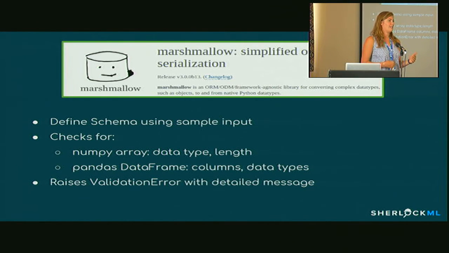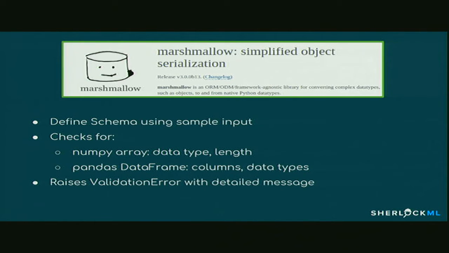So at the moment it's implemented for NumPy arrays and pandas data frames. For arrays it'll check if the array is the right length that you require and the right data type, and for data frames it checks if it's got the right number of columns, the right column names, and if these columns have the data type that you expect it to be. And if that's not the case, then it'll raise a validation error, and that will have quite a specific error